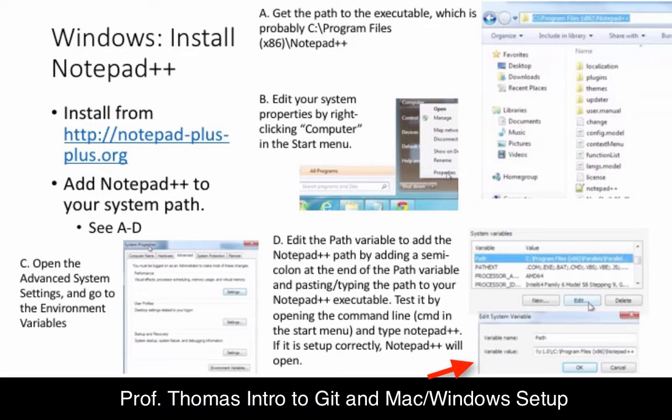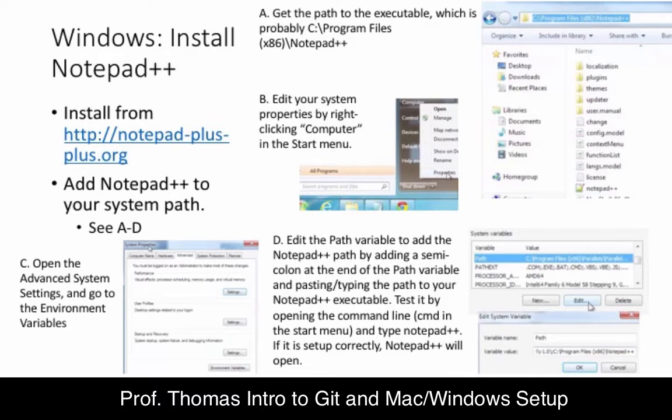And the way we're going to do that is we're going to hit Edit on the path variable. Don't delete what's in the path variable. Scroll out to the very end of the path variable, type a semicolon, and then paste the path to the Notepad++ executable. Go ahead and click OK, save everything, close the windows you had open,